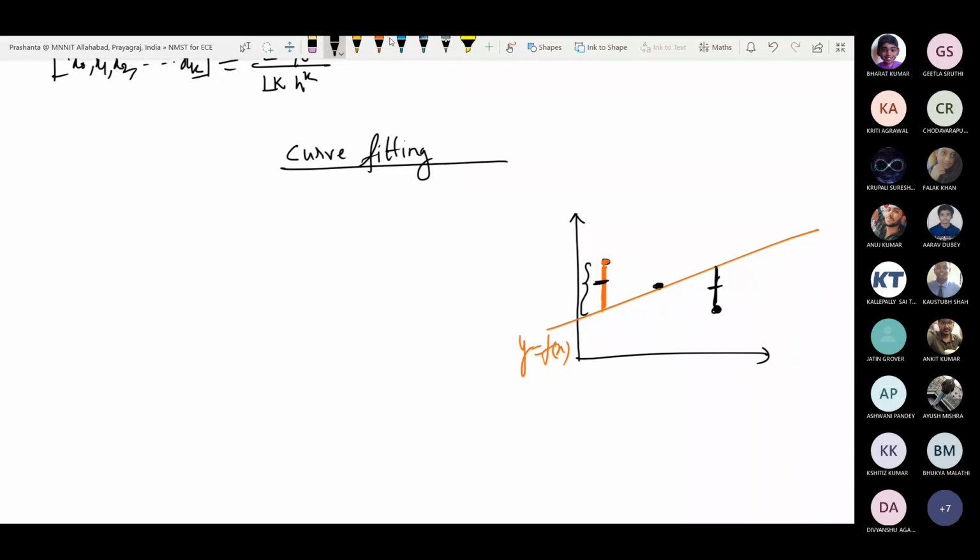Okay. Now, while squaring the error, we are taking care of several things. First, all the errors are considered, and those data which have more error have more weightage. If you square it, they will become larger. So those data which have more error, once we square them and add them, their weightage is given more in the contribution to the total error. So we are taking care of that.